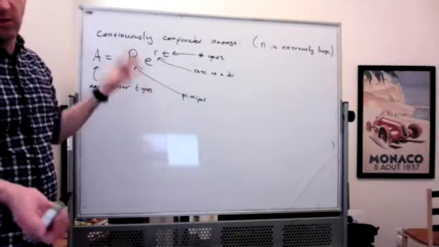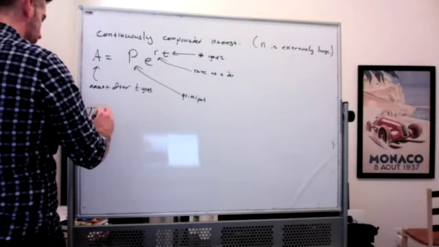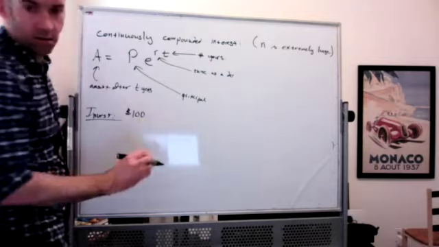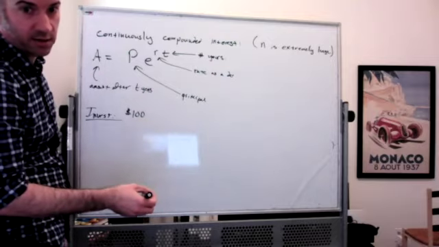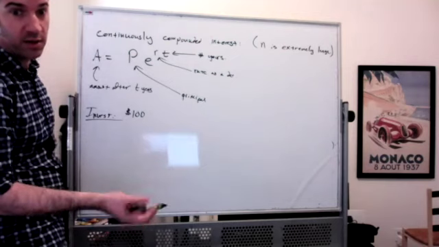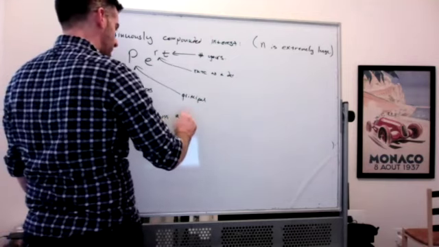So we can use this formula too. Suppose we invest $100 at an interest rate. Oh, no, sorry, we don't know the interest rate. That's the question. So $100 in an account